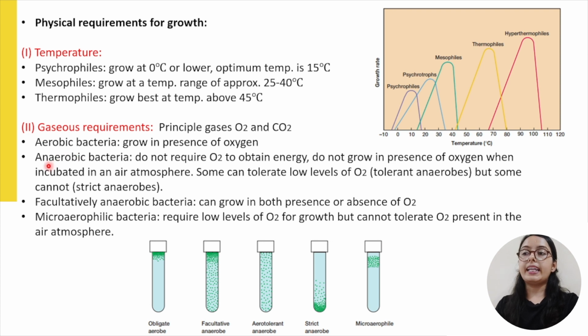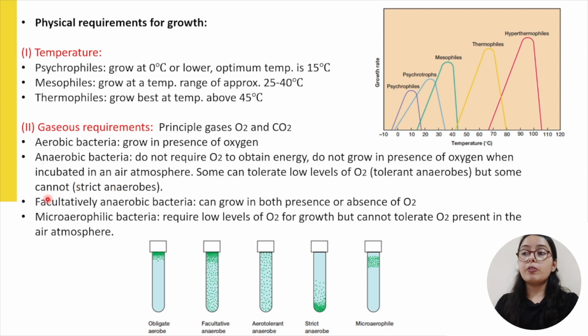Now the another type of bacteria is anaerobic bacteria. These bacteria do not require oxygen to obtain energy, and they do not grow in the presence of oxygen. However, anaerobic bacteria can be of two types. Some anaerobic bacteria can tolerate a little level of oxygen, and such bacteria are called tolerant anaerobes. That means they can tolerate a little amount of oxygen. But there are some bacteria that cannot tolerate any amount of oxygen, and such bacteria are called strict